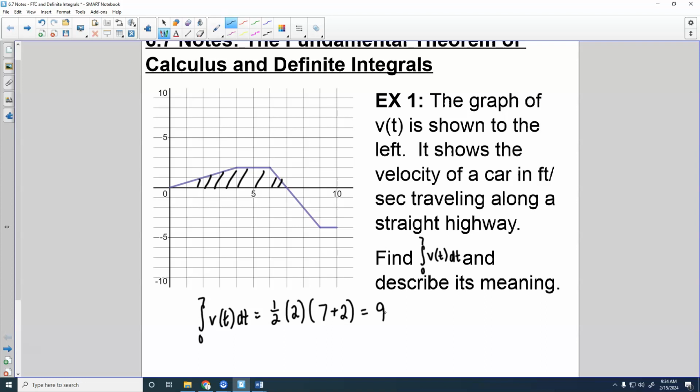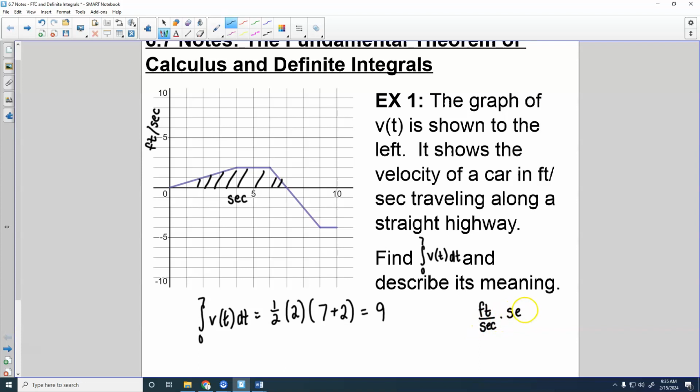Now, let's think about what this means as far as meaning. That's what I think is the hard part of this. It tells us that this is velocity in feet per second. So feet per second goes on this axis, and then this axis would be seconds. To me, it helps a lot to think about units before I even start to think about what this means, right? So if I'm finding the area under this curve, what are the units of my answer going to be? This is going to be feet, because I would be doing feet per second